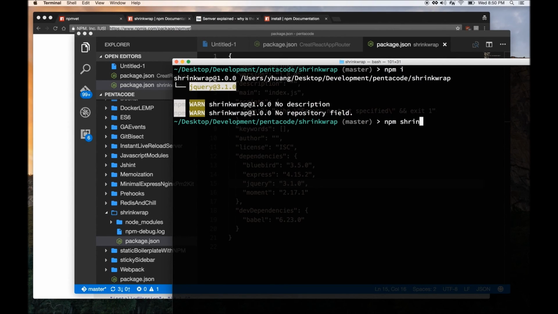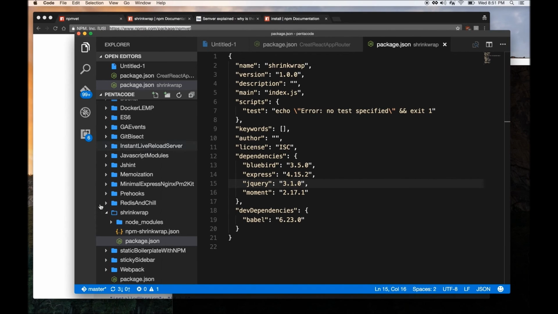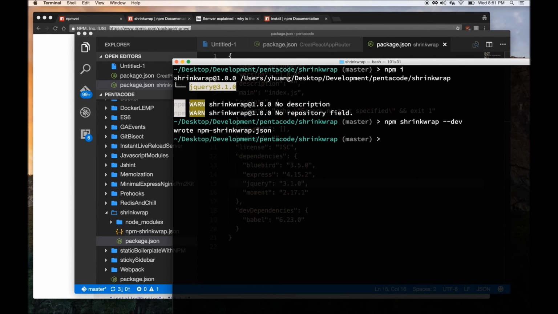So I just need to run npm shrinkwrap --dev, and this will create a new npm shrinkwrap file in my root directory, and now it will contain jQuery 3.1.0. So if I run npm outdated,